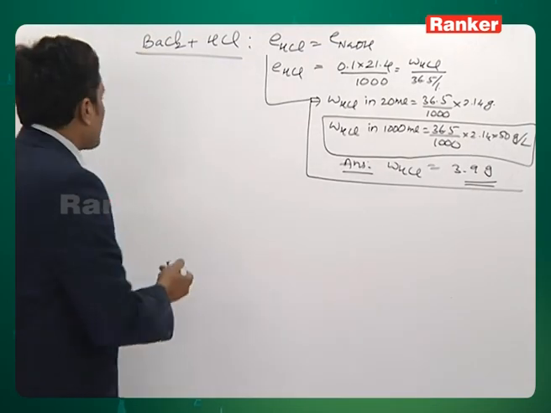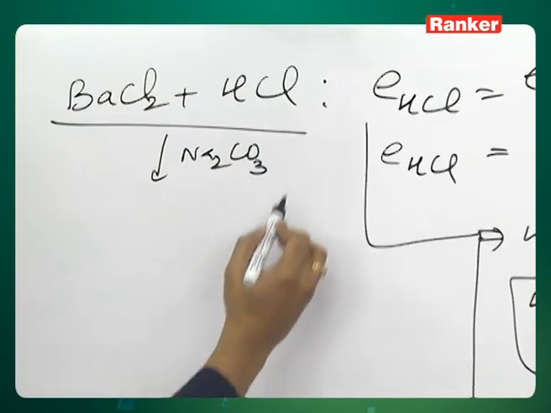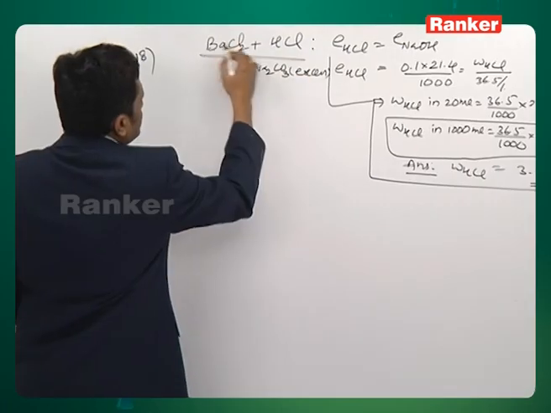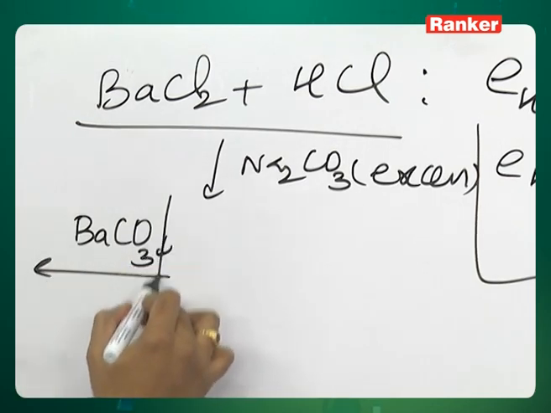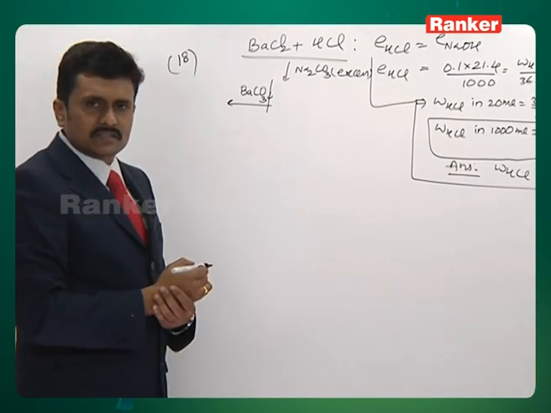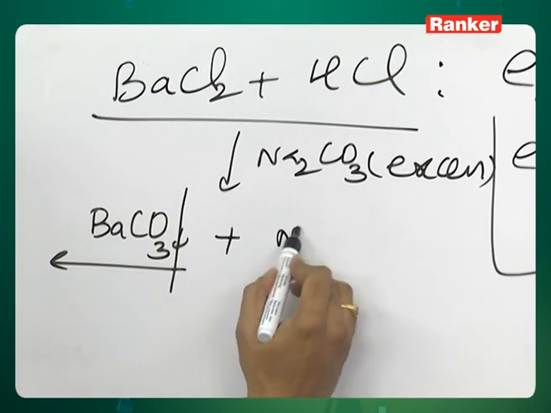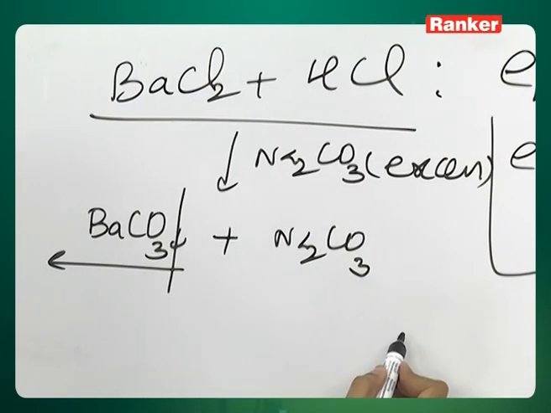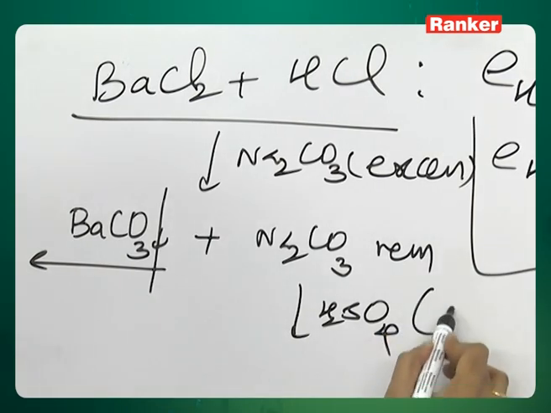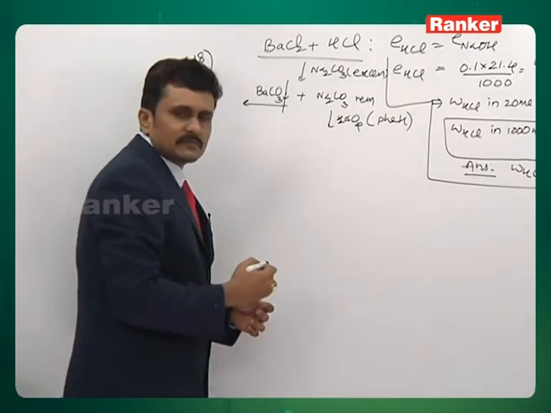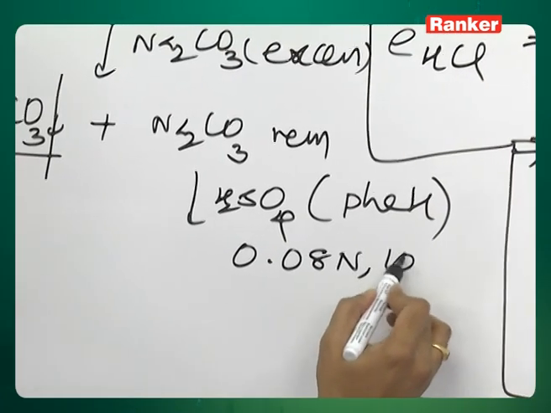That is, here when you have added this barium chloride and HCl with Na2CO3, you have added in excess. Both the substances have reacted. Your barium carbonate precipitate is eliminated. The precipitate is taken off, and the filtrate, the excess or remaining Na2CO3, was back titrated with H2SO4 using phenolphthalein as the indicator, and the information provided to you is regarding the H2SO4, 0.08 normal and 10.5